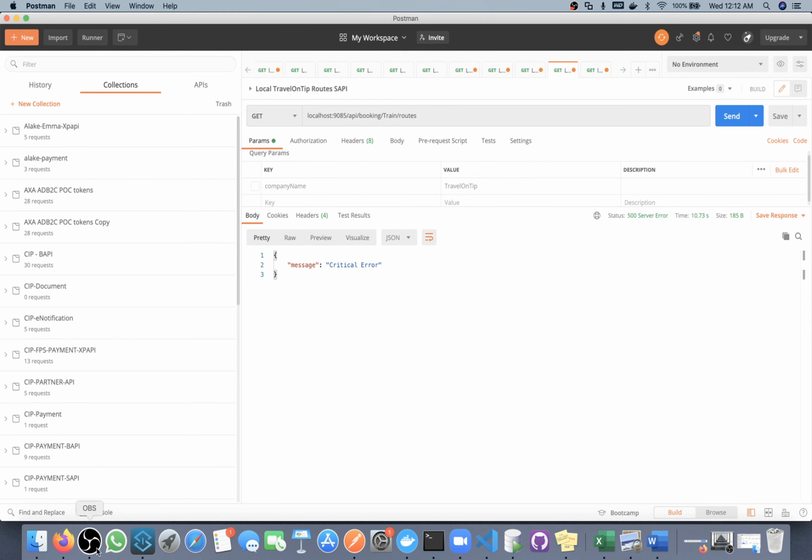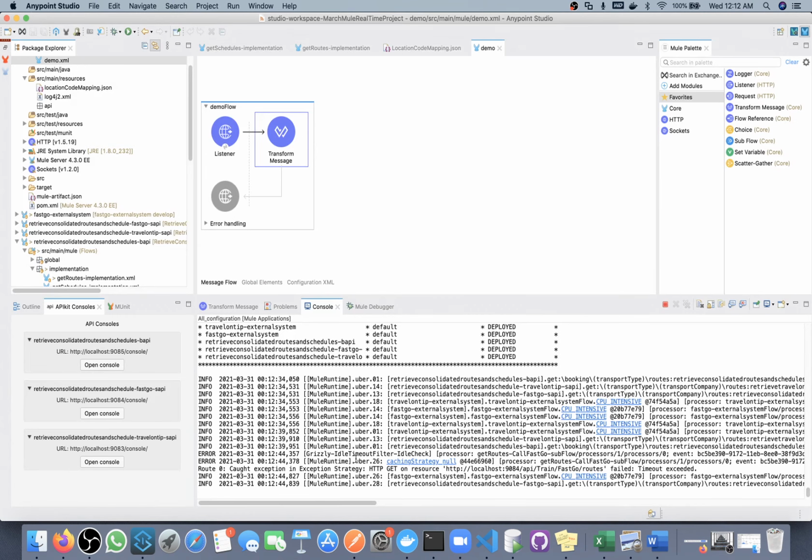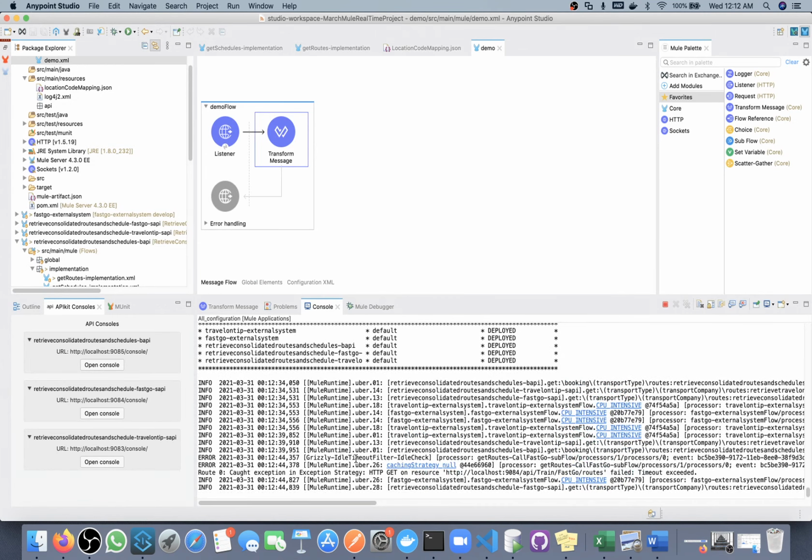Okay, so we are getting an error, let me see. Timeout exceeded for 9084, for the system API of FastGo routes.